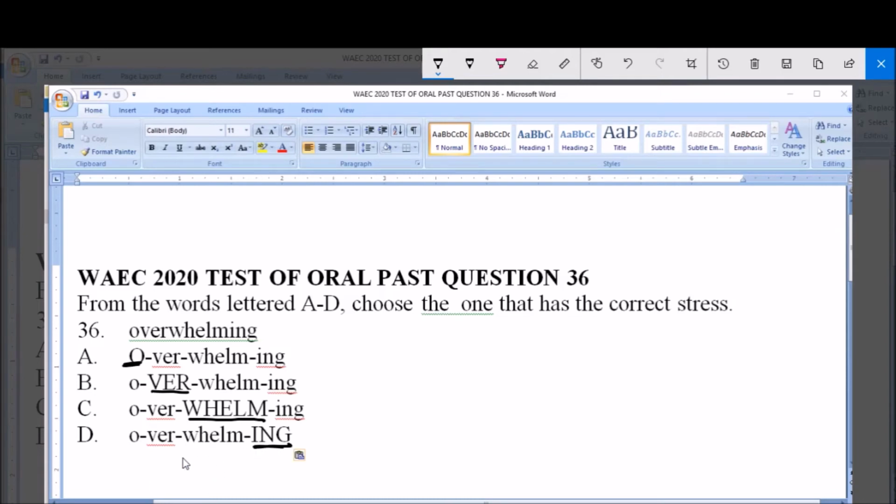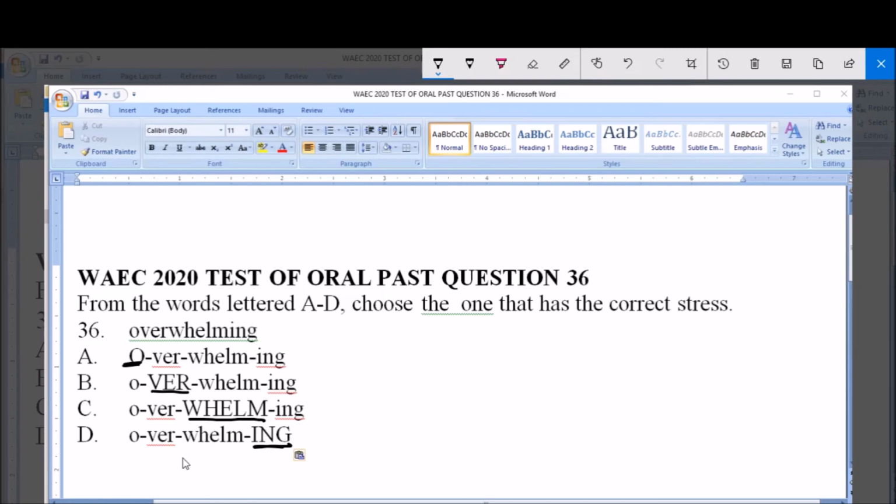So now let us pronounce it and let us take note in the course of production. Sense the movement of the esophagus. Now, when you get to whelm, you find out that the esophagus was a bit strong or thick than when we pronounce the first syllable, the second syllable, and the last syllable.